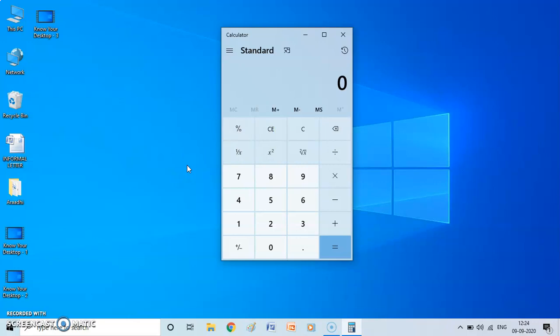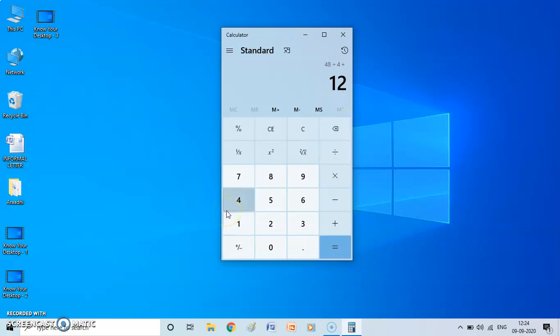Now let us learn how to use this calculator. The first step is to enter whatever number we want to calculate. Suppose I have to calculate one problem. I'll write 48. This is the first number. Now what do I want to do with it? I want to divide. So this is the divide icon, 48 divided by 4. Then I enter the second number. If I want to add something more, if I want to add 12 to 48 divided by 4, I'll add this also. First it gave me the answer: 48 divided by 4 is 12.